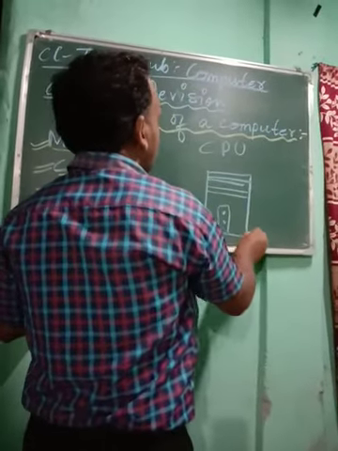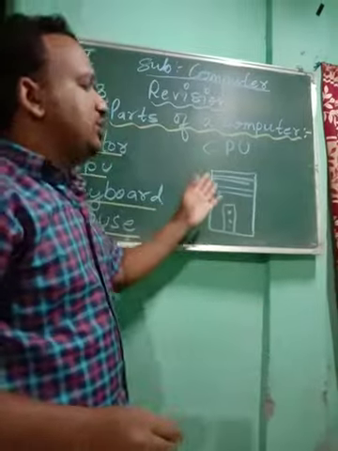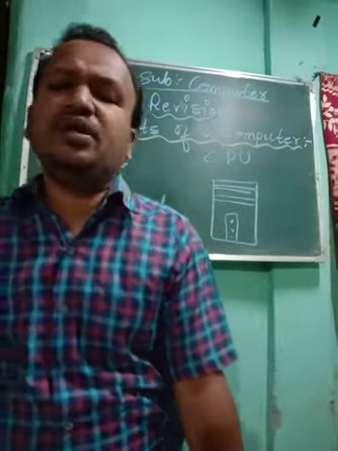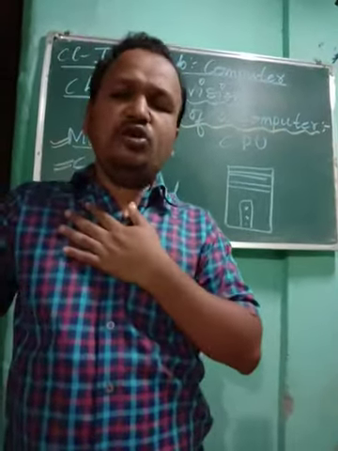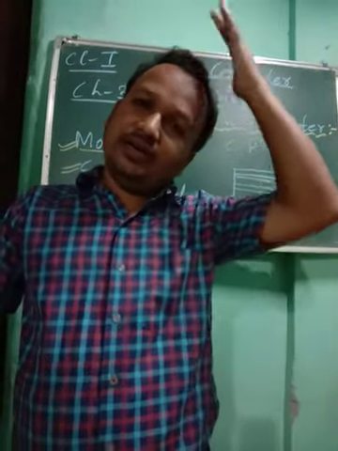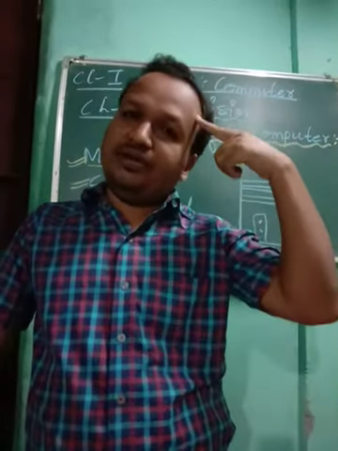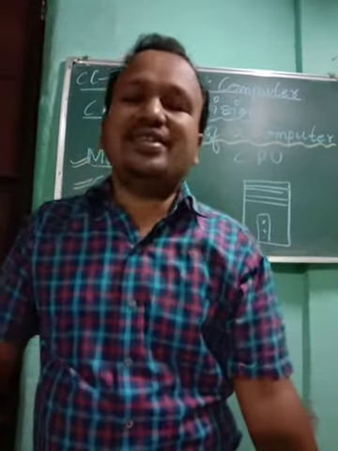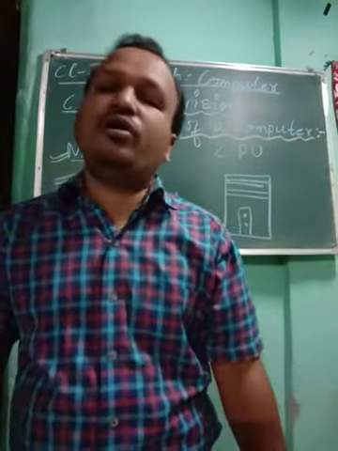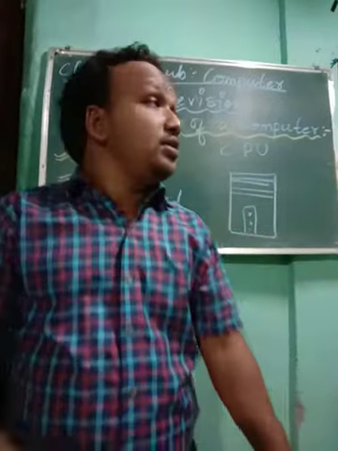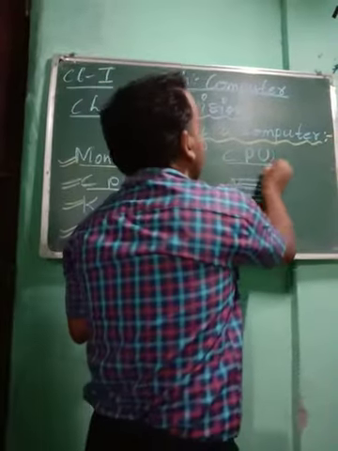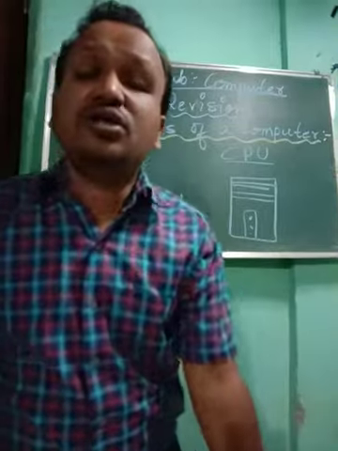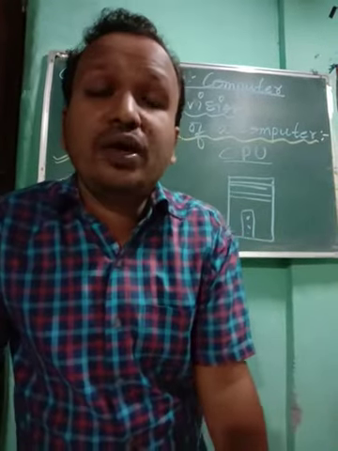Okay, so I made a CPU. So you see, it is very important. Like for us, we are human beings. Inside our head we have a brain. So the brain is very important. If you don't have a brain, we can't decide, we cannot do anything, our body will not function. Same way the CPU also, CPU is known as what? CPU is known as the brain of a computer.